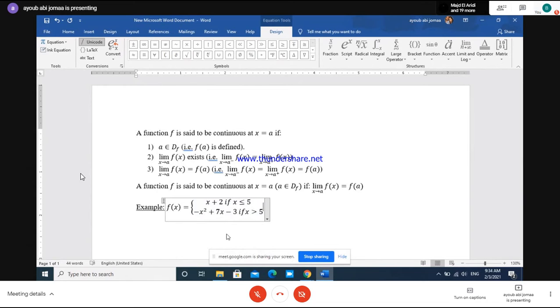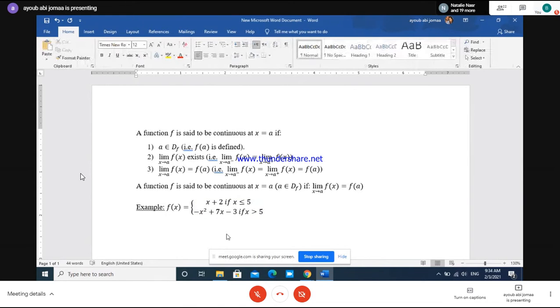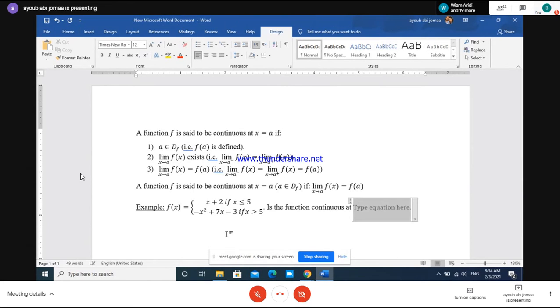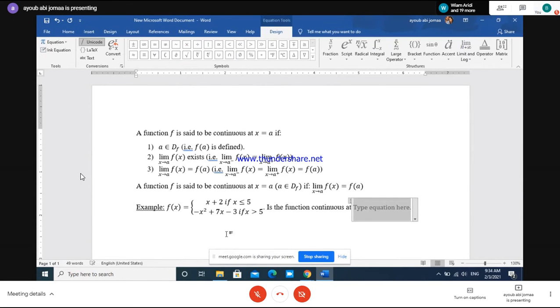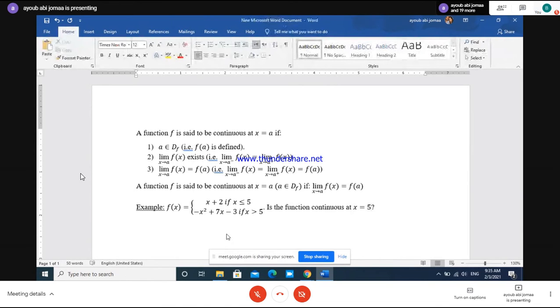Let's check if the function is continuous at x equal 5. Question: is the function continuous at x equal 5? For the solution,